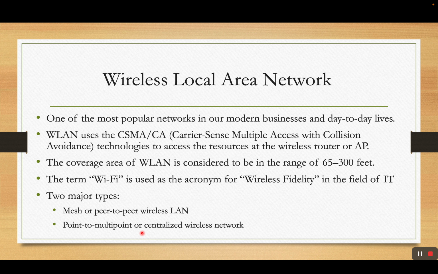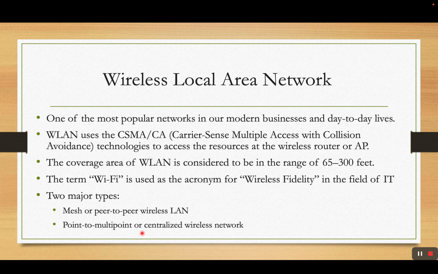This second type is the one we use at home or at work for connecting our mobile devices and smart TVs to the internet. This type of wireless LAN is a centralized network controlled by the central point known as the access point. Obviously, any device connecting to the wireless network needs to communicate with the access point for